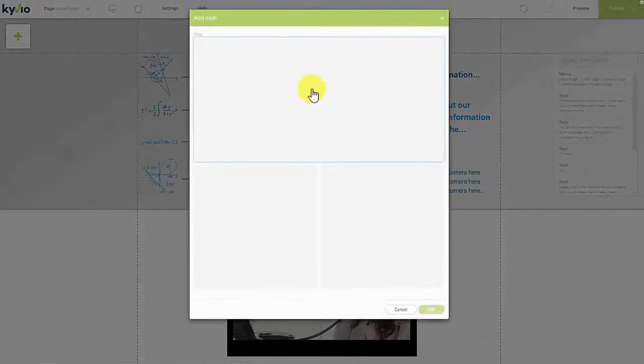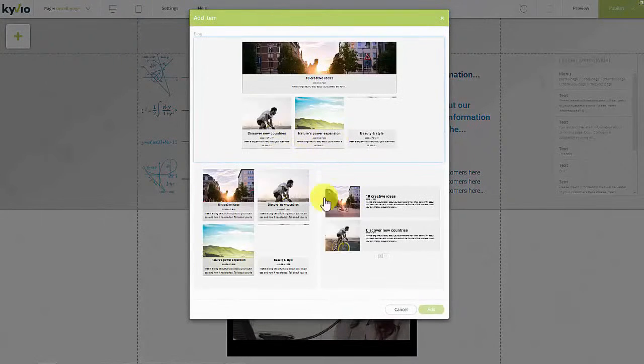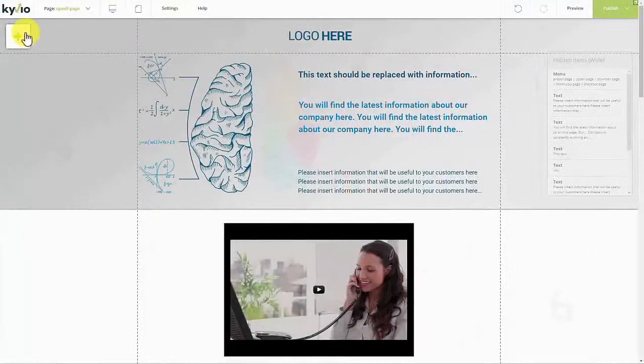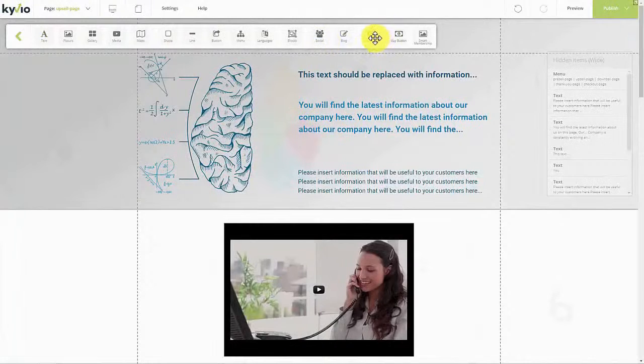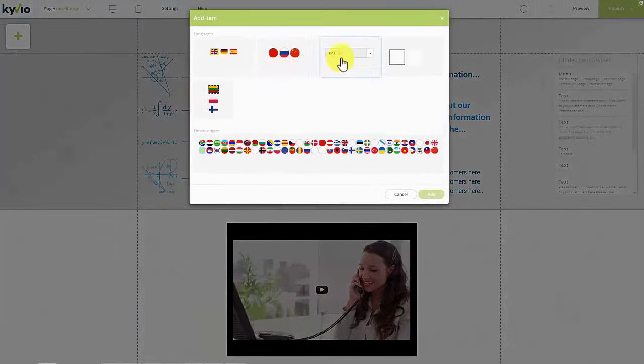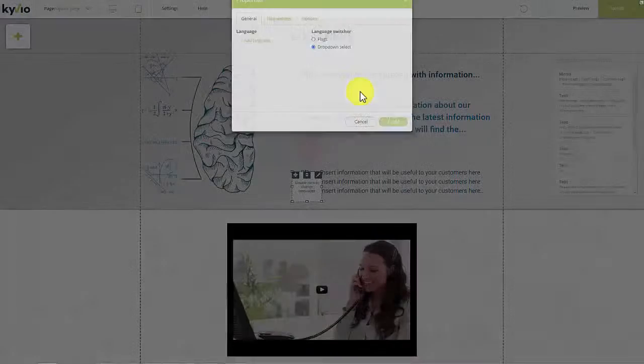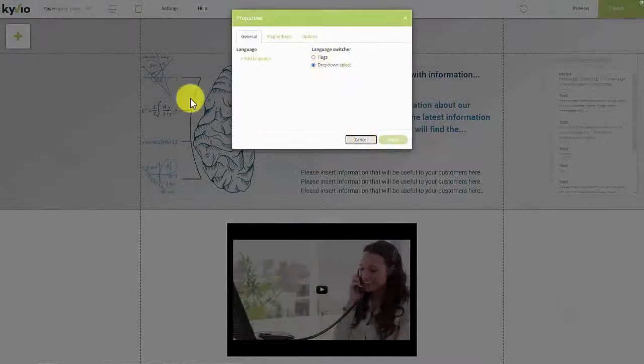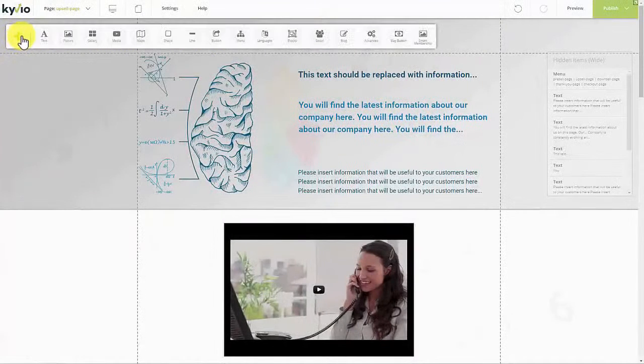So if I click on this, for example, you can sort of put a blog type in here too, which I wouldn't really recommend for a funnel anyway, but you could have one. Then we've got a buy button and smart membership. I'll come to that in just a second. But there's languages too. So if I click on languages, you can give people the option to choose one or different languages. Now this is in beta at the moment, and eventually we'd be able to provide translation in multiple languages automatically as well. So the one thing I want to show you here as well is the buy button,